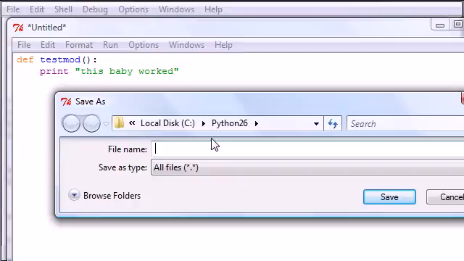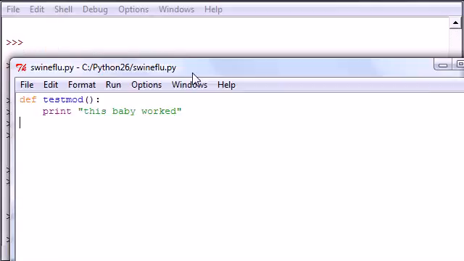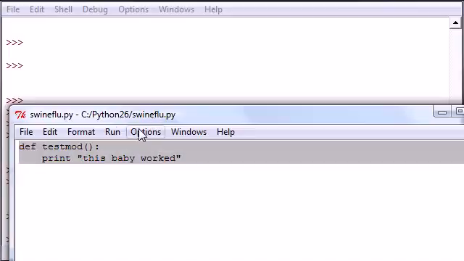Go ahead and save it, and remember this name. I'm going to save mine as swineflu, because that's what's in the news today, .py. Again, this name and the .py extension are both very important, but more so you have to remember the name more than anything, and I'll show you why later. So go ahead and save it as some name, then .py, then press save. Now we have a module named swineflu.py. You can see the name over my cursor right here,